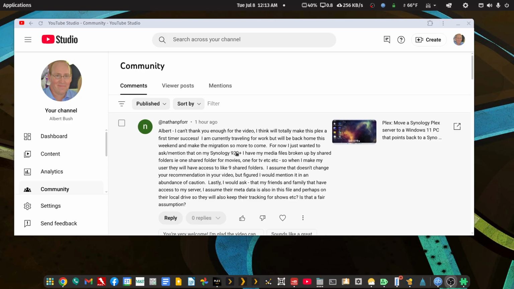I moved my Plex server to Unraid, running as a Docker host install only, and it's on a 14th gen Intel i5 with a fabulous and super powerful, what is it? It's a Meteor Lake ARC iGPU. It's fantastic. Anyway, Nathan's wondering about what might be different because in my video I showed one shared media